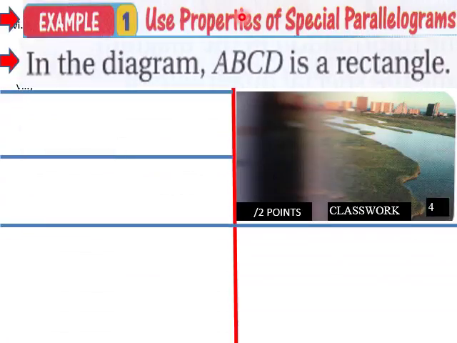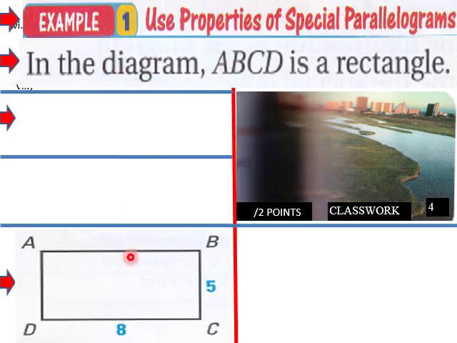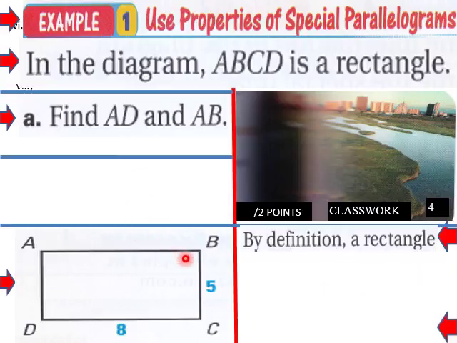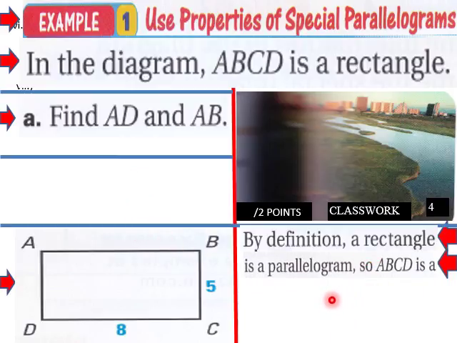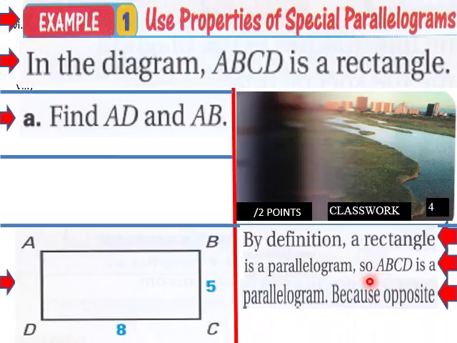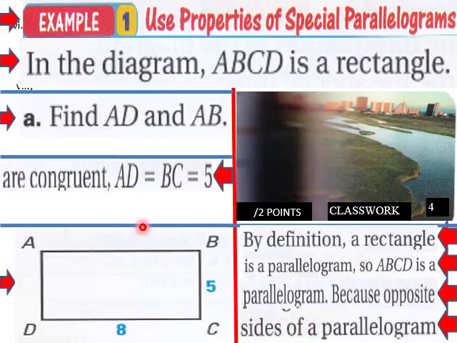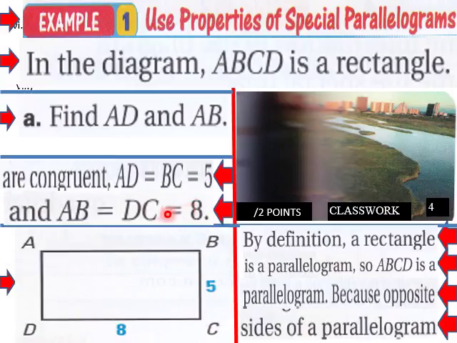Okay, example 1, use properties of special parallelograms. In the diagram, ABCD is a rectangle here. Find AD and AB. So we need to find those sides there. So what do we know about a rectangle? It is a parallelogram. So ABCD is a parallelogram, and opposite sides of a parallelogram are congruent. So AD equals BC equals 5, and AB equals DC, which is